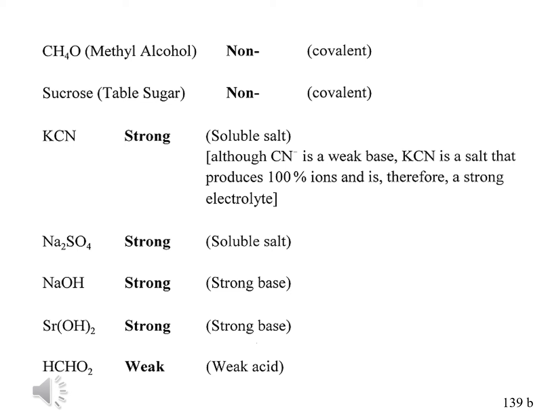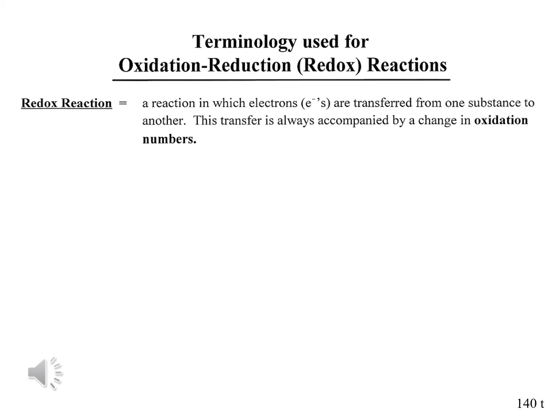Now the next topic we're going to cover is different. We are going to get into the third major kind of reaction that we're going to look at in Chem 132. In the first part of class, we looked at precipitation reactions and acid-base reactions and pH. Now we're going to talk about redox. The reason why we want to do this is because redox reactions are very important in chemistry in general. Not all reactions